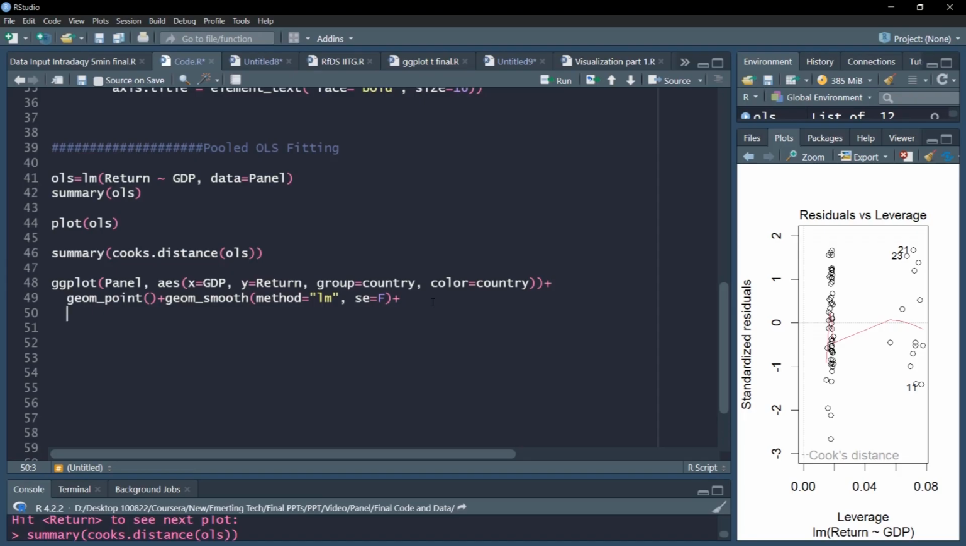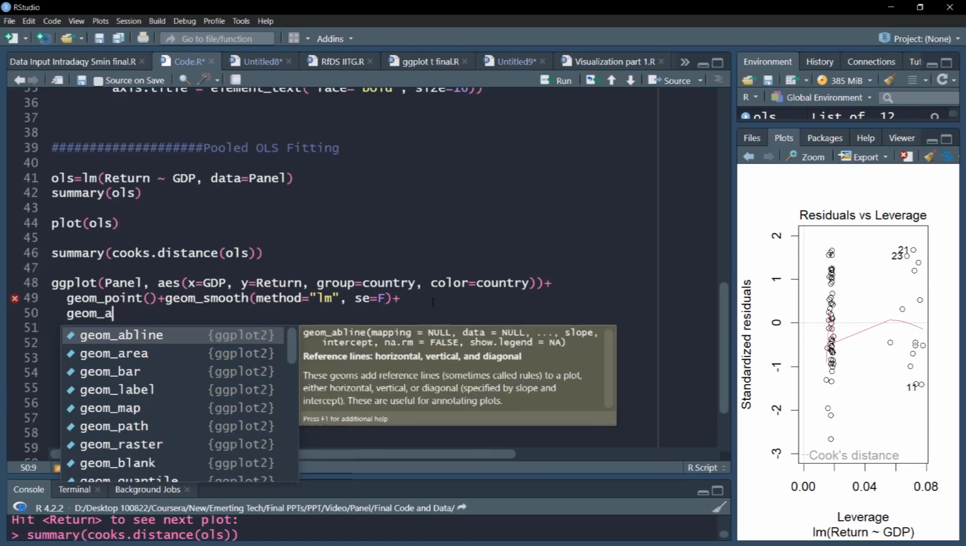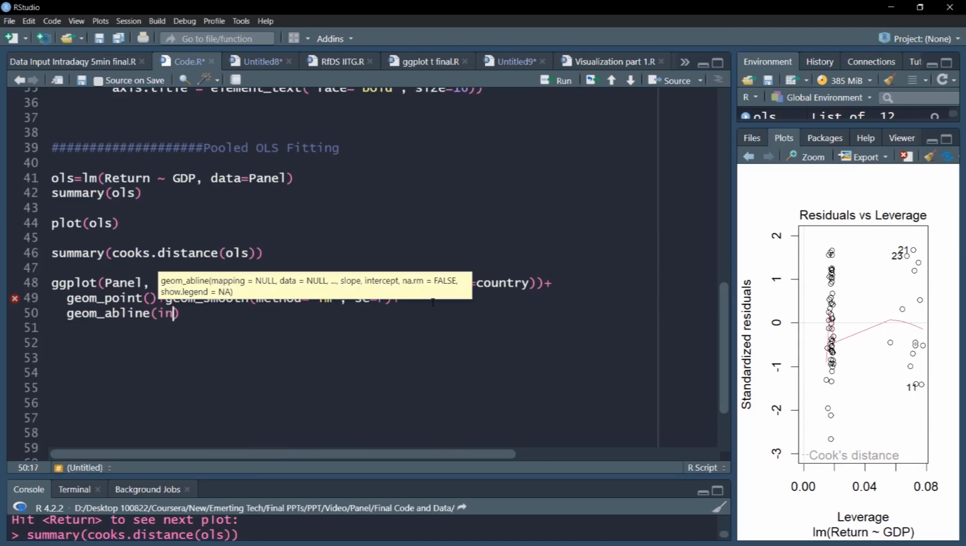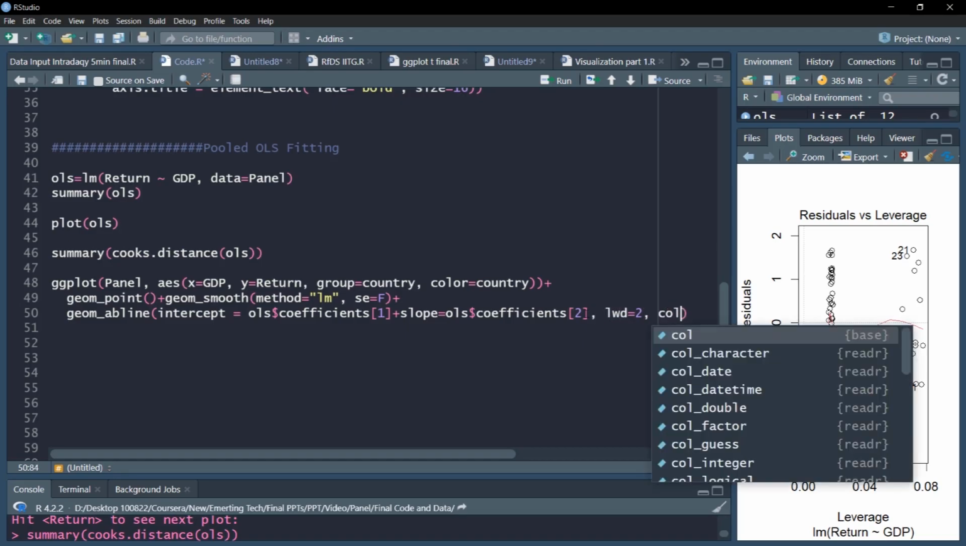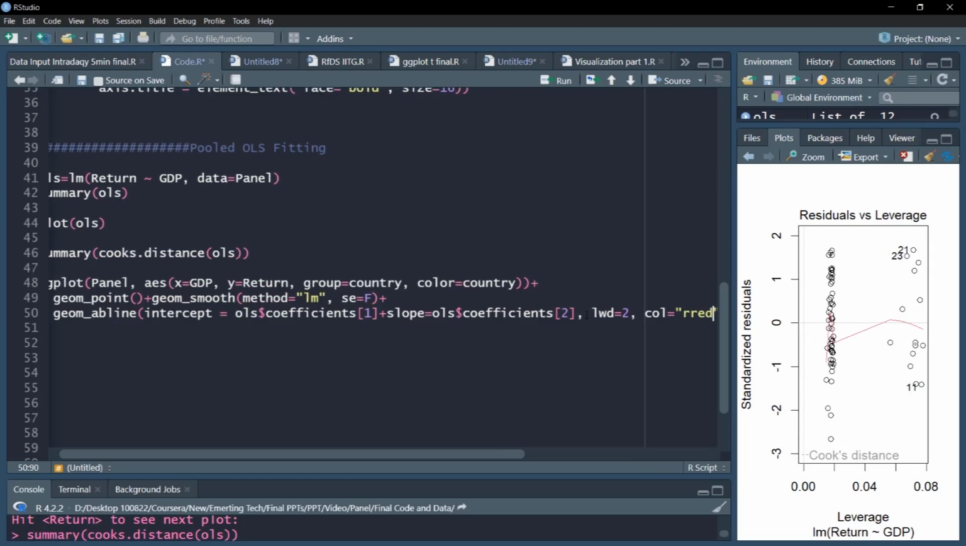So we have added the individual country lines, and now we'll add the abline command. I'll add the OLS model here, the aggregate line. How to do it? I have already fitted the aggregate OLS. I'll make use of its intercept, which is this first, and then also its slope, which is this. So this is my slope, and I'll put a line width of maybe 2 and a color of lead, so it comes out sharply. So this is my